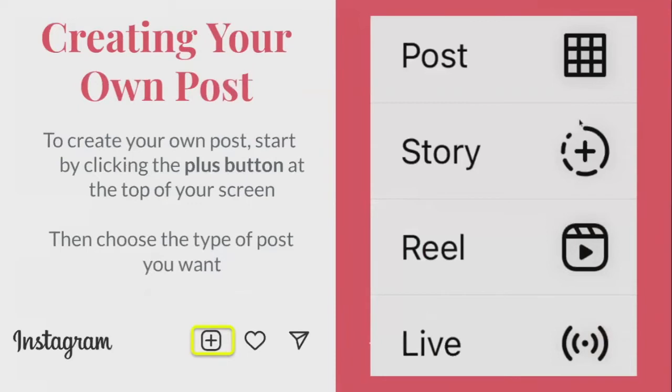And now here are the other options that they have in Instagram. To create your own post, you start by clicking this one that has a little plus sign inside the box at the top of your screen. Then you would have to allow Instagram access to your gallery so you can post whatever photos or videos you would like. And then you just choose the post that you want, and then you would select upload. And then here is what your post looks like. In order to see all of your posts, this is where you would go. In order to add to your story, this is the button that you would press.